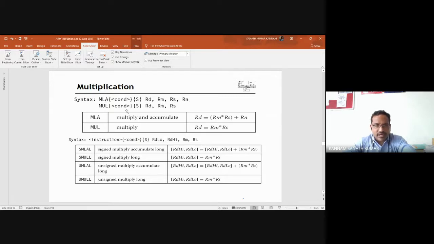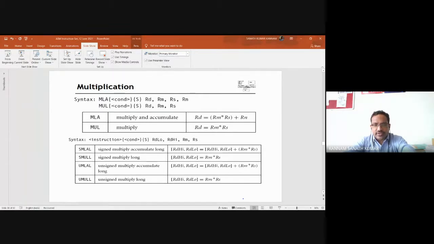If you perform this multiply and accumulate, it will multiply the content of Rm and the content of Rs, and whatever result you get will be added with Rn, and that result will be stored in Rd. So after multiplying, whatever result you get, you are adding to Rn. That is multiply and accumulate.